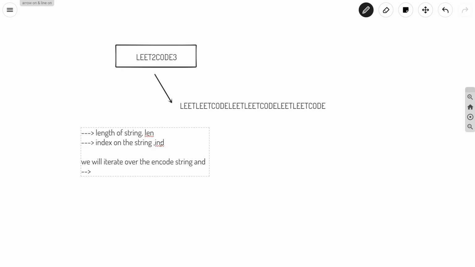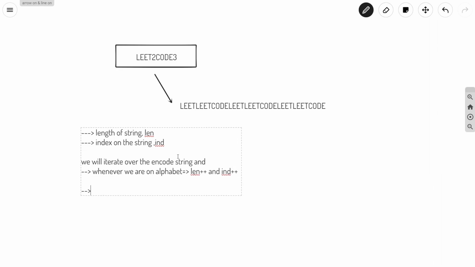We will iterate over the encoded string, and we will have a few things to do. Whenever we are on any index which has a character, what they have told us is that the character is directly written on the tape. So in this case length will be increased by 1. So whenever we are on a character or alphabet, length is going to increase and index will also be increased.